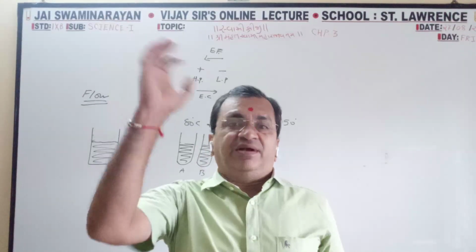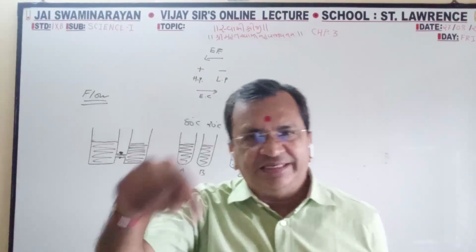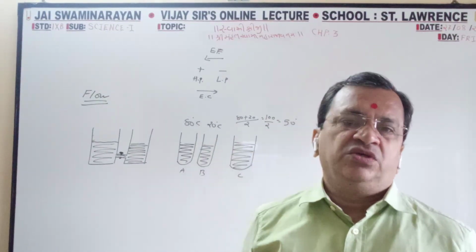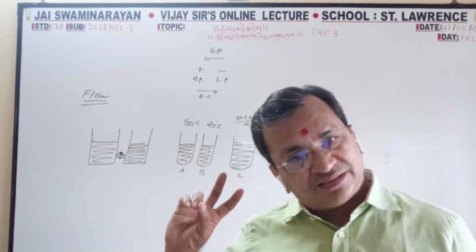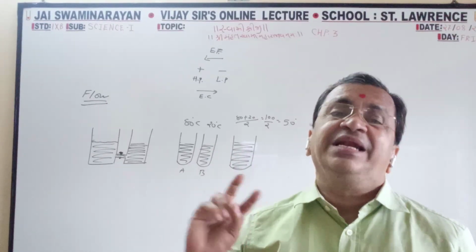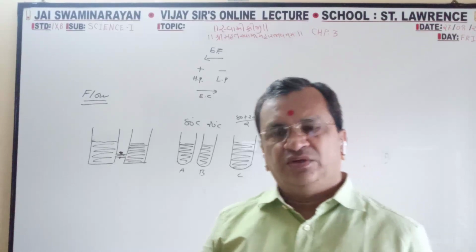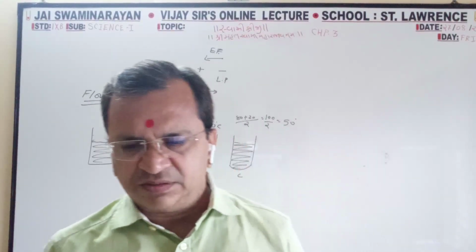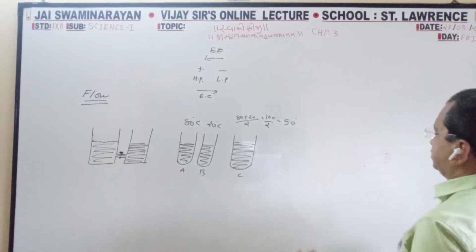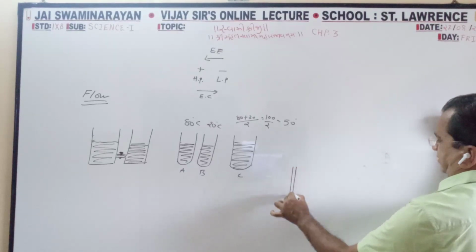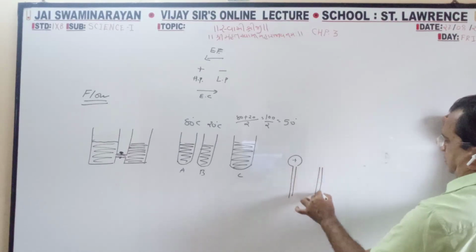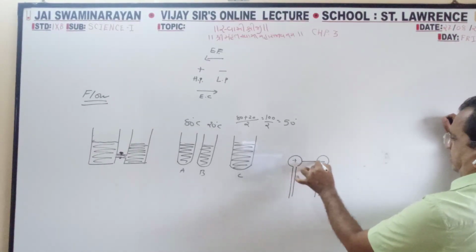So that potential level will be high. So higher potential level is positive. Lower potential level is negative. So when they ask the flow of electric current, it is positive to negative. When they ask the flow of electrons, it is negative to positive. That much is the difference. In 3.2 they have given high potential and low potential with the diagram. This is positive, this is negative in the conducting wire.